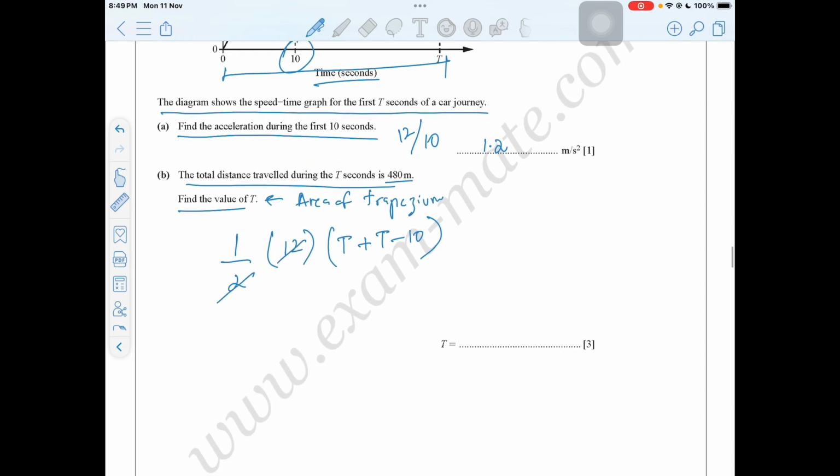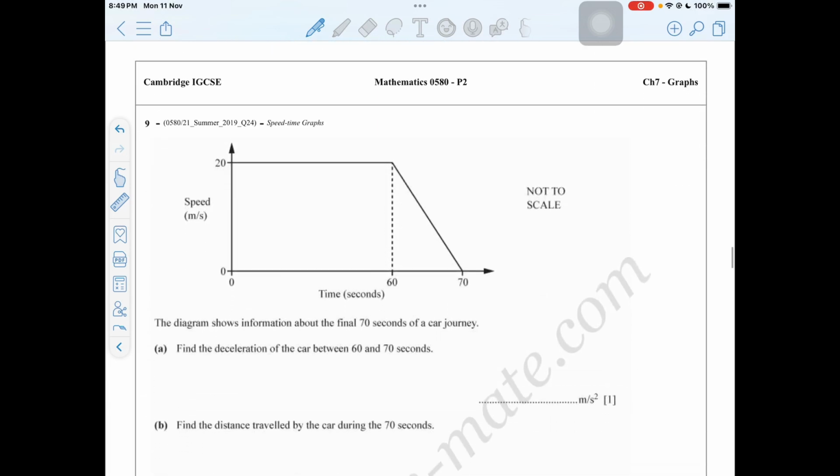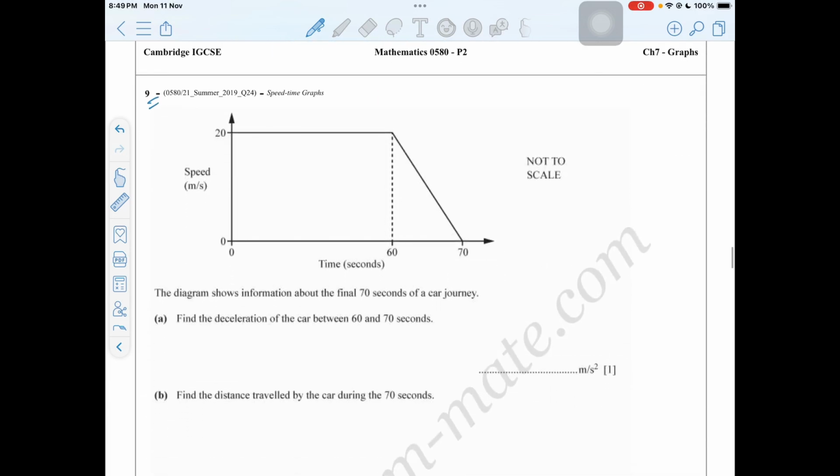So this would be 6 and we have our distance as 480. This 6 would be divided, and this would be 8t. We have 2t minus 10. This 10 would go over there, so this would be 90 over 2 as t, and we get our answer as 45. Right? Now moving on to question number 9, we have a diagram shows information about the final 70 seconds